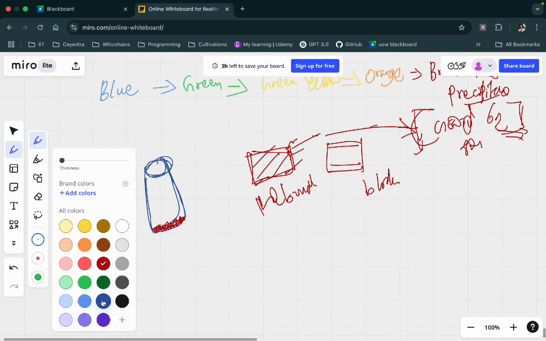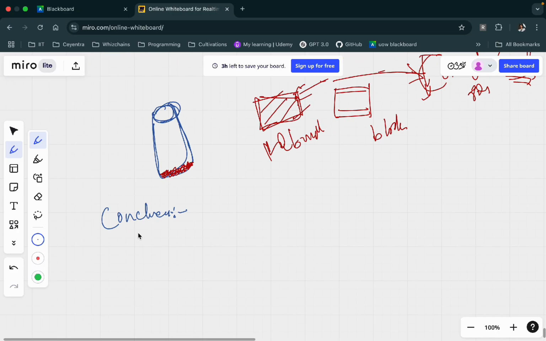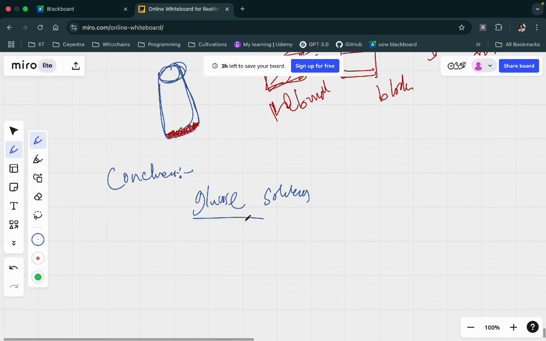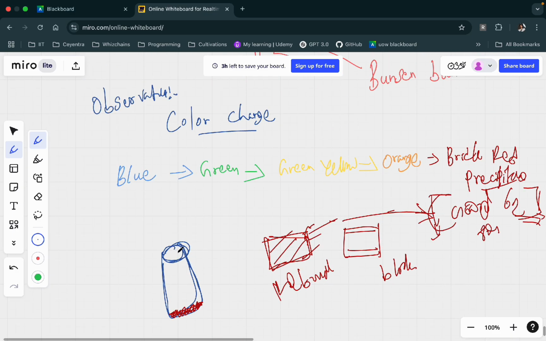And if we have got this observation, then we can arrive at our final conclusion. What is it? That this solution is a glucose solution, or we can say that glucose is present in the above solution. Glucose is present in the above solution. That's all. Okay, very easy now.